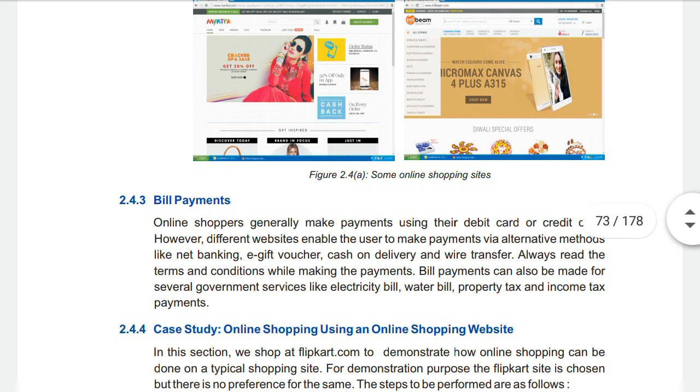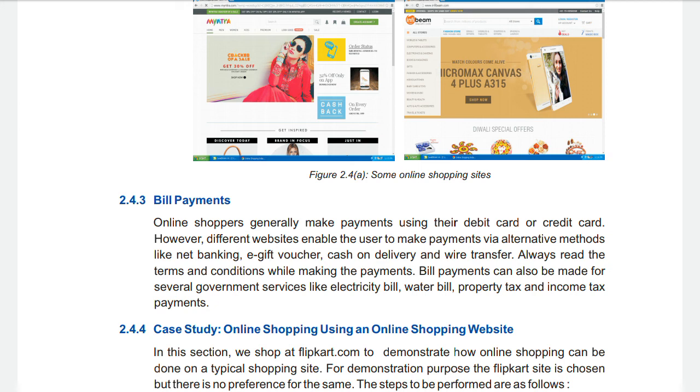Now bill payments. Online shoppers generally make payments using their debit card or credit card. However, different websites enable the user to make payments via alternate methods like net banking, e-gift voucher, cash on delivery, and wire transfer. Always read the terms and conditions while making the payments. Bill payments can also be made for several government services like electricity bill, water bill, property tax, and income tax payments.